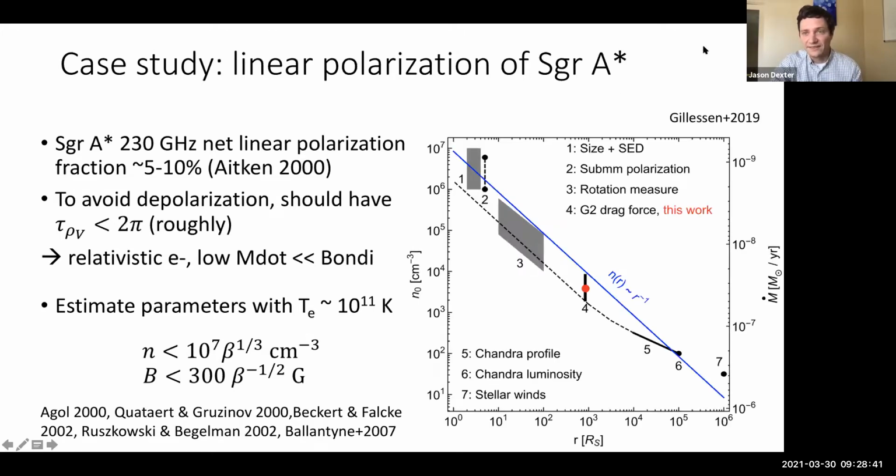Okay, and the last thing here, just to show this is a really nice density profile going from, in units here of the Schwarzschild radius, from the Bondi radius at about 10 to the 5 on here, down to the black hole. And this is a particle density. And all the different shaded regions or points on here are different observational constraints. The only point I really wanted to make about this is 2 of the key constraints come from the polarization measurements that we just discussed.